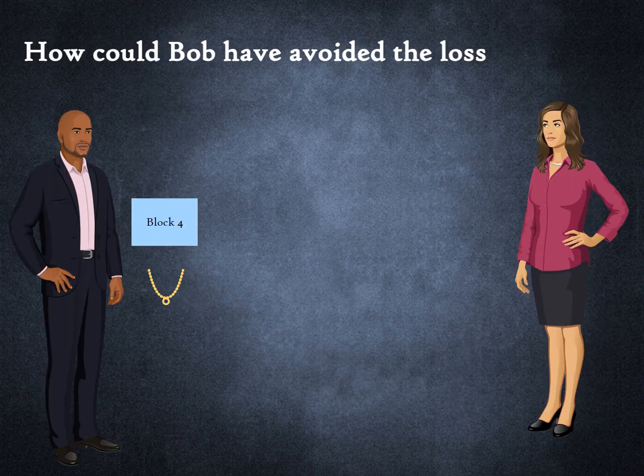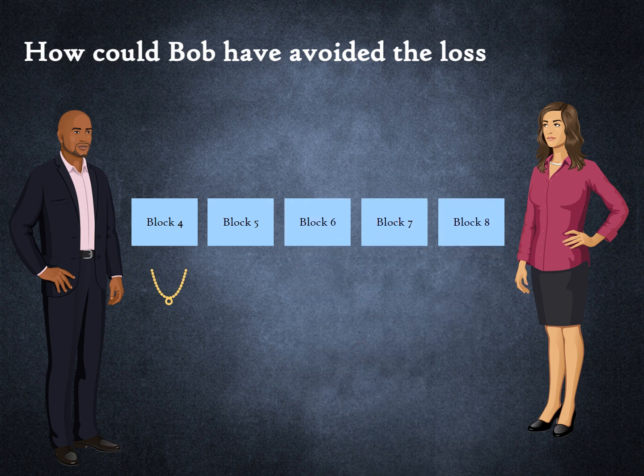In our example, Bob could have waited till Block 5 was formed till he shipped his goods. But what if Block 5 also had the simultaneous block creation problem? This is highly unlikely given the probabilities involved. But for the abundance of caution, Bob could wait for the next 4 blocks to be mined, before shipping the